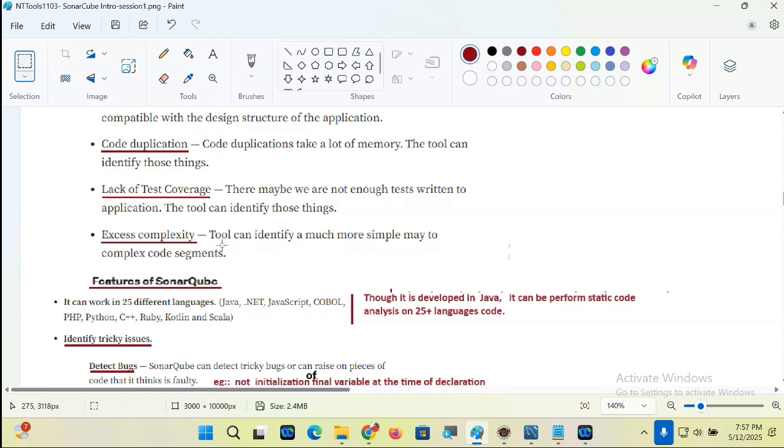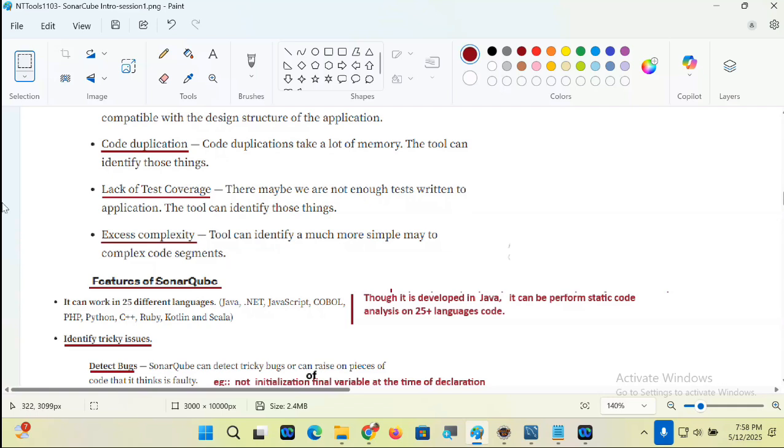Excess complexity. A tool can identify much more complex code segments.